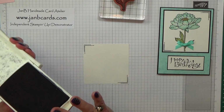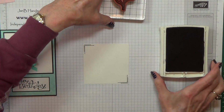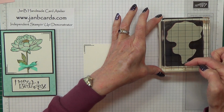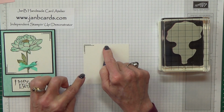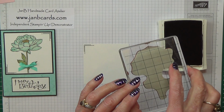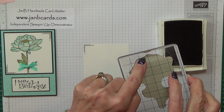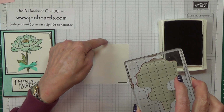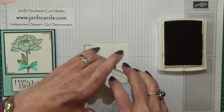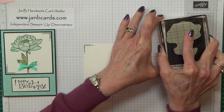So the next thing I'm going to do is stamp my image, and I'm using our black archival ink. Now the length of this rubber stamp, I need that curvy bit at the top. Let me see without the sun lamps shining on it. See, there's a little bump at the top there. That just about comes off the top here, and the bottom here will come off at the bottom here. So it looks as if it's going to be too big for the paper, but it isn't. It fits in